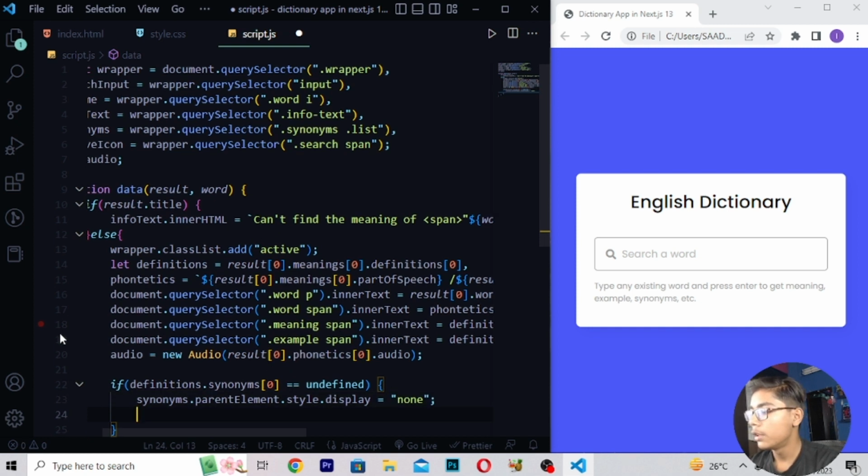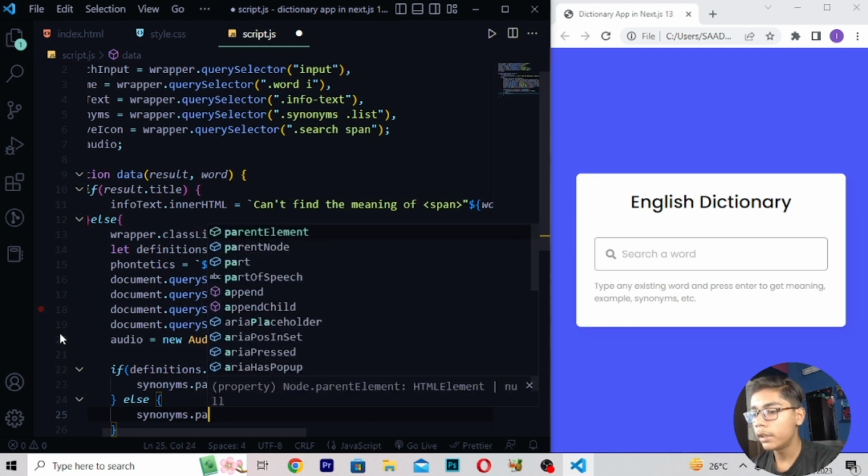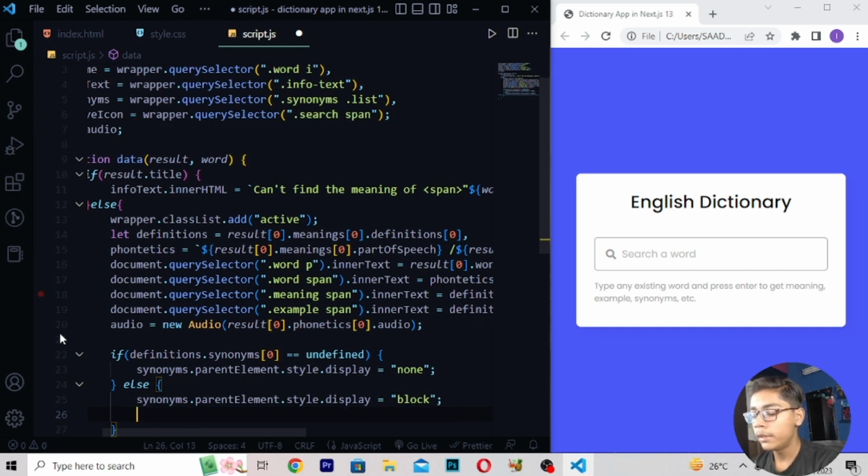Then move down after this tag, and write else, synonyms.parentElement.style.display equals block.